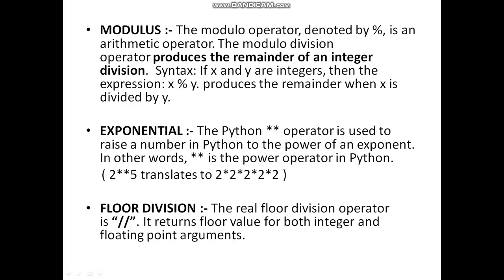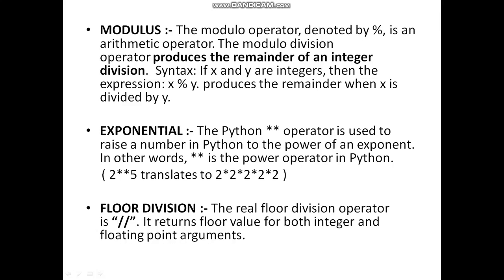Which is 2 into 2 into 2 into 2 for 5 times, and then only they'll give you the answer. So this is known as the exponent or exponential. Now let's go through all of them. The modulus operator is denoted by the percentage symbol. The modulo division produces the remainder of an integer division. If x and y are integers, then the expression x modulo y produces the remainder when x